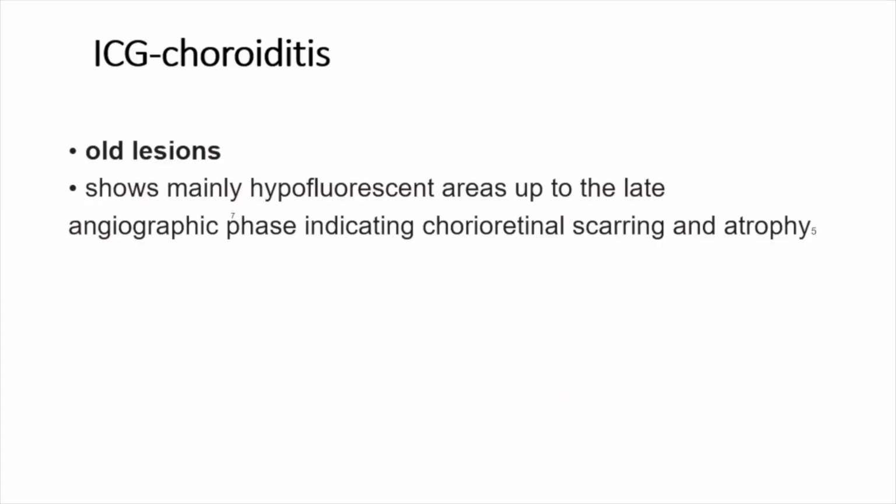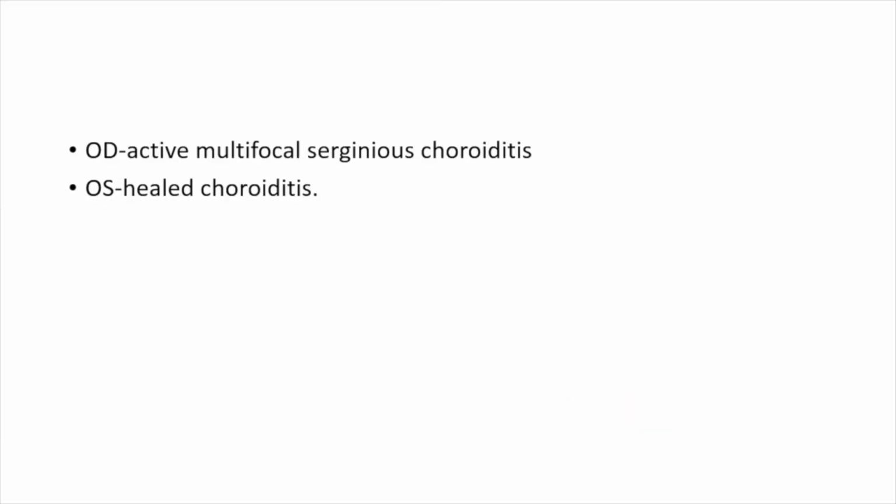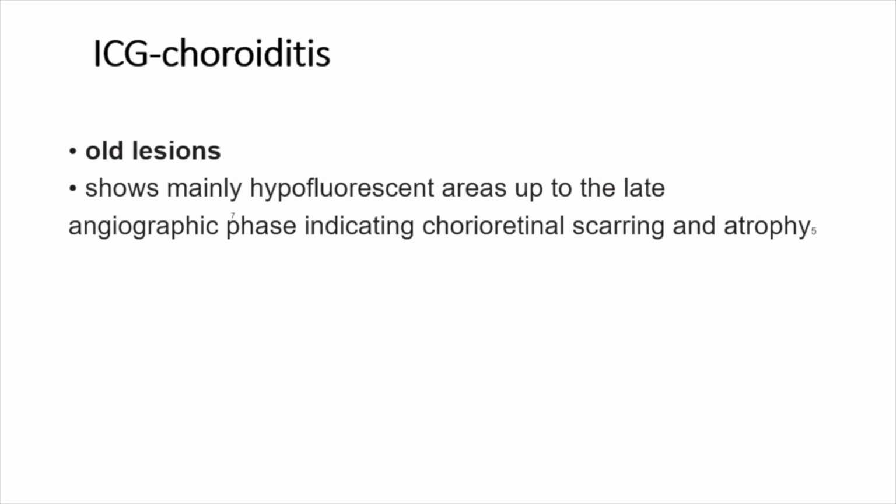The FFA of the left eye shows hyperfluorescent staining in all the phases, which is the indicator of inactivity. And in the ICG, you can see hypocyanescent patches, but with underlying choroidal vessels visible, which is indicative of inactivity and shows the underlying chorioretinal atrophy. So in this patient, the right eye has the active disease, but the left eye has the